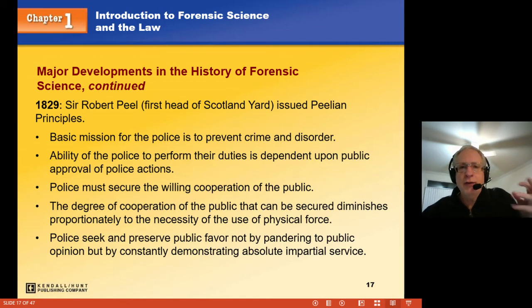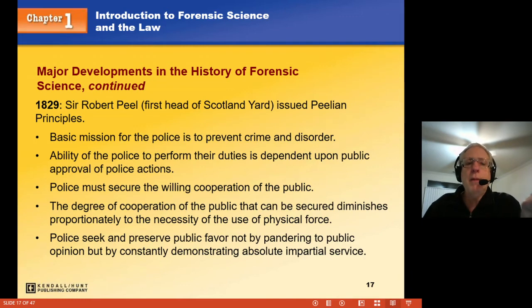Look at those first two things. They're like the exact opposite of the way things are today, it seems, to a lot of people, especially minorities, that, okay, they're not here to prevent crime. They're just here to punish us for sometimes things we didn't even do. And they have no approval right now. And that makes it almost impossible for them to do their job. So these are true statements.